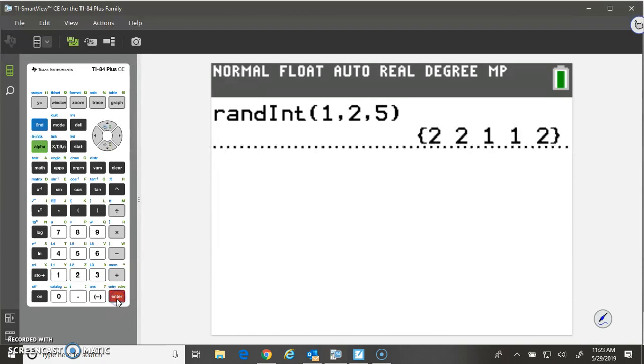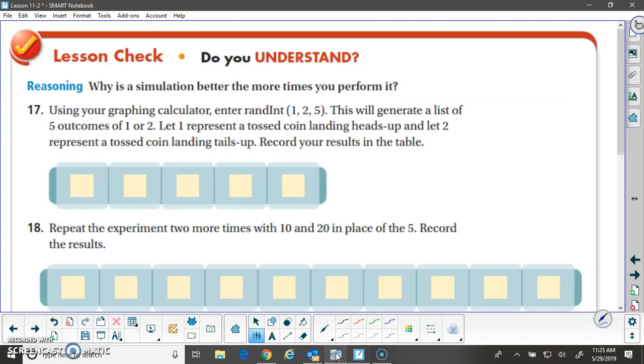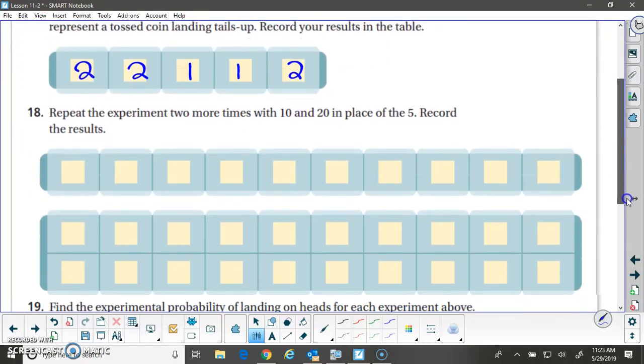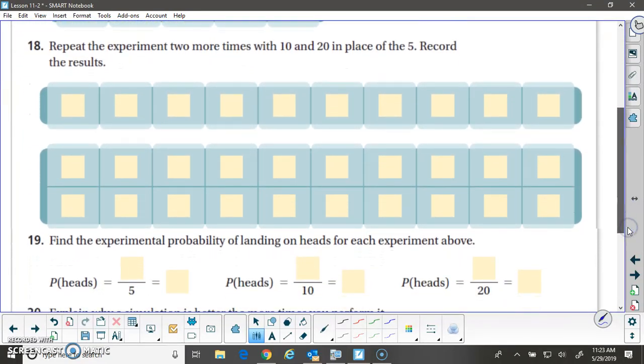If we do this, it gives us random integers. So I got 2, 2, 1, 1, 2. If we repeat this experiment, but doing it for 10 outcomes and then also 20 outcomes,